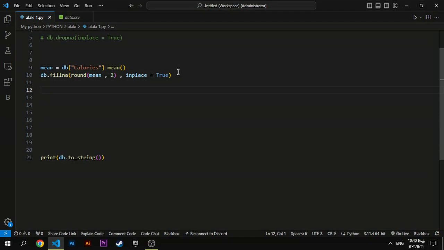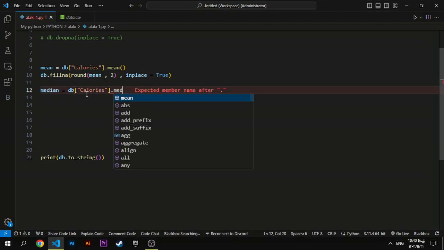For example, if I talk to you and I say the mid number of 5 and 3, you say 4, and this method works like that. Okay, the median equals db, for example on the calories column, because that's where all of the none and empty data is: db calories dot median